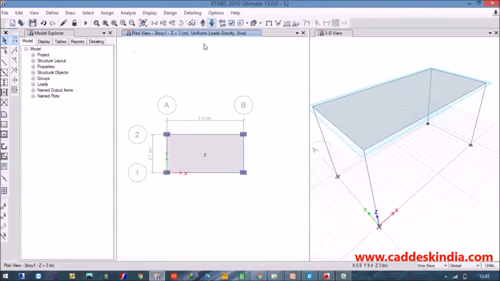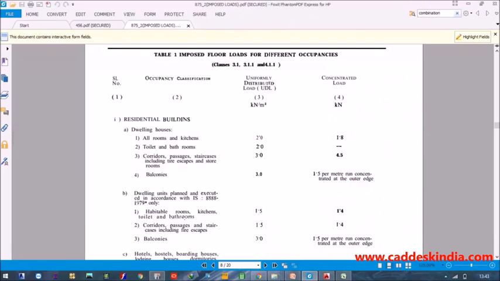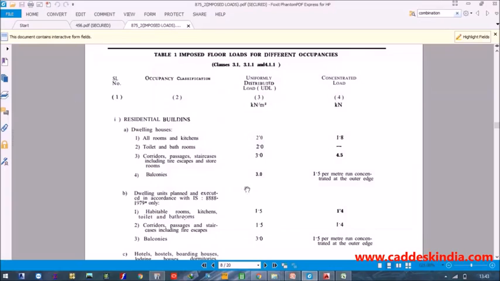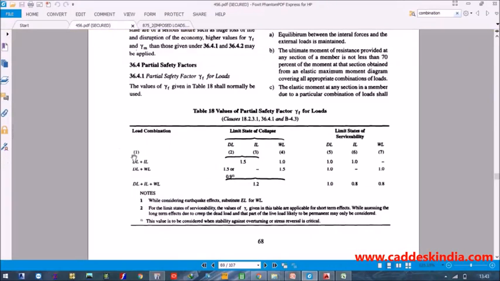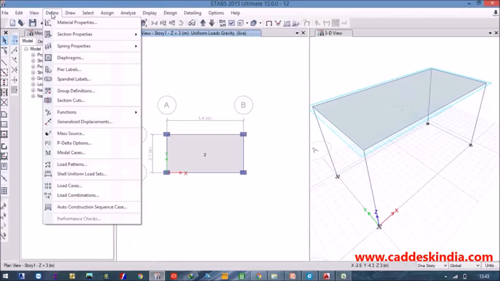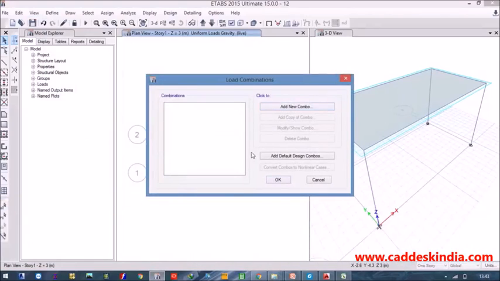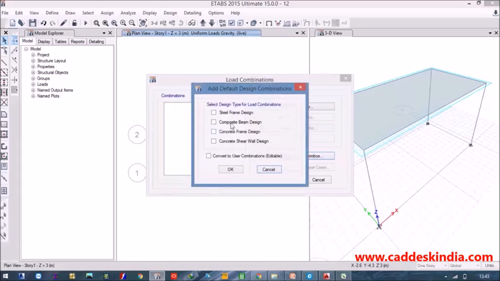Now how to create the combinations. For how to create the combinations, this is your IS codes, you just follow. There are different types of combinations. In this we can define the combinations. First go to Define, Load Combinations, and you can use the default combinations, Add Default Design Combinations. Select this, my concrete frame design, OK,